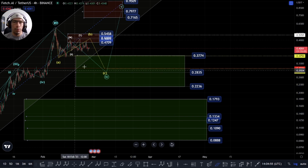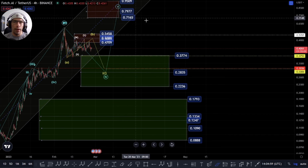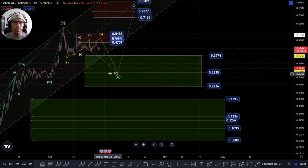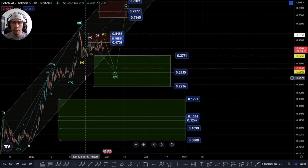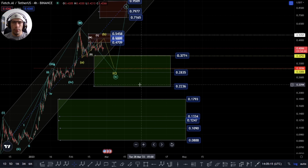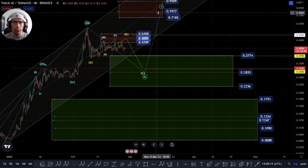If we just got this smaller move here, I would be on the lookout for the potential to actually come back up and have a fifth wave. However, we'll have to keep an eye on this structure. If it starts to break down too deep here, then it would be less likely. So once we start to lose this zone of this 2572, then effectively it becomes less likely. Though really, the cutoff point would be this 50% down here at this 2236 for this fifth wave to the